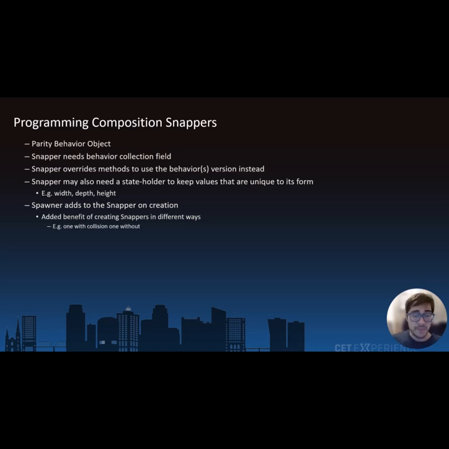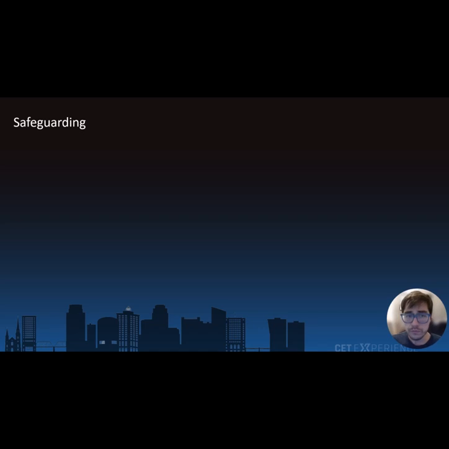We also get an added benefit from it of creating snappers in different ways. So we could create, for example, a snapper that has a collision behavior and one without. It could be the same snapper and form. So now that we have an approach on how to programmatically apply a design by composition to a snapper, let's talk about how we can prevent all of those drawbacks, or at least mitigate some of those drawbacks that we